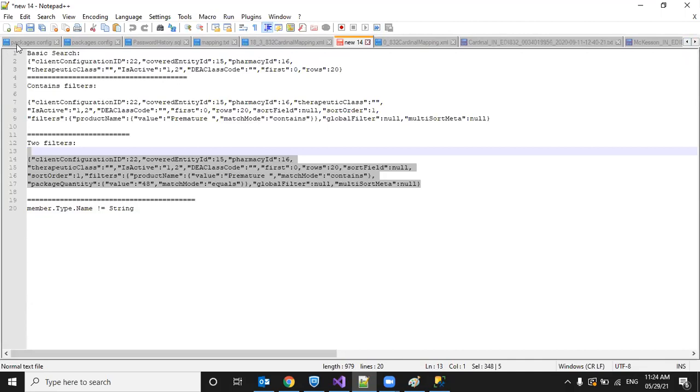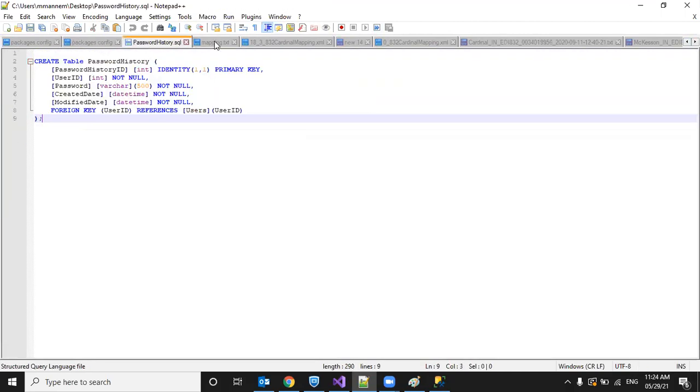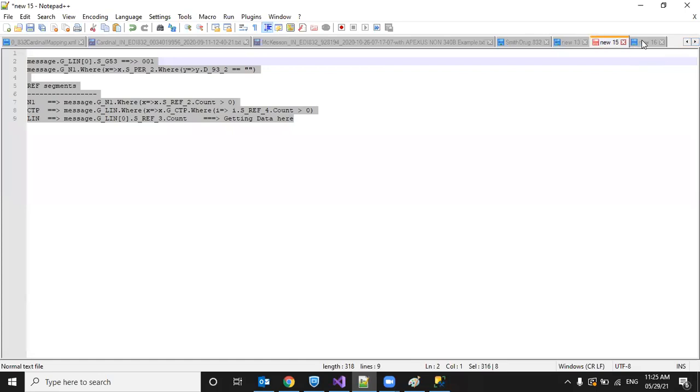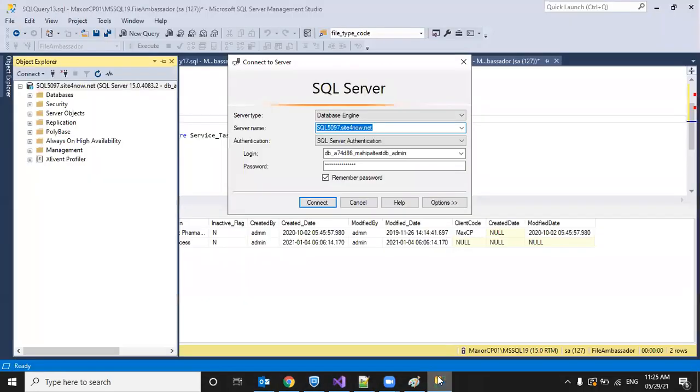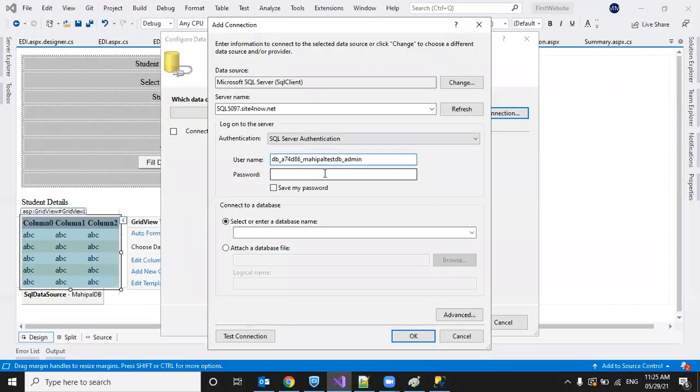I think I closed that. Let me get that. Okay, the username is testbed 009 and the password.